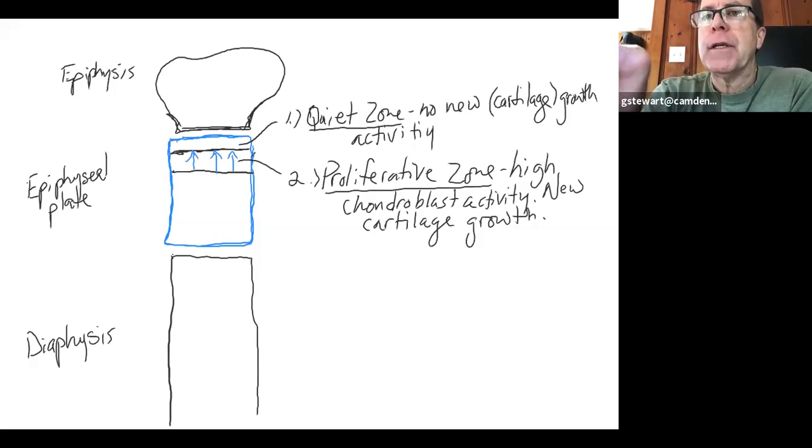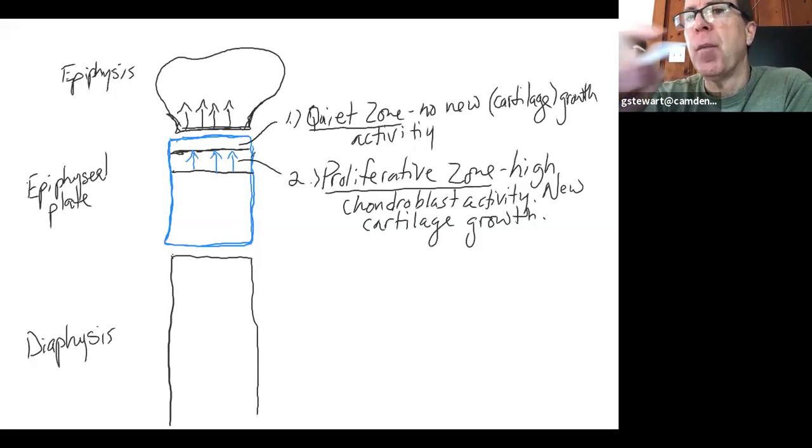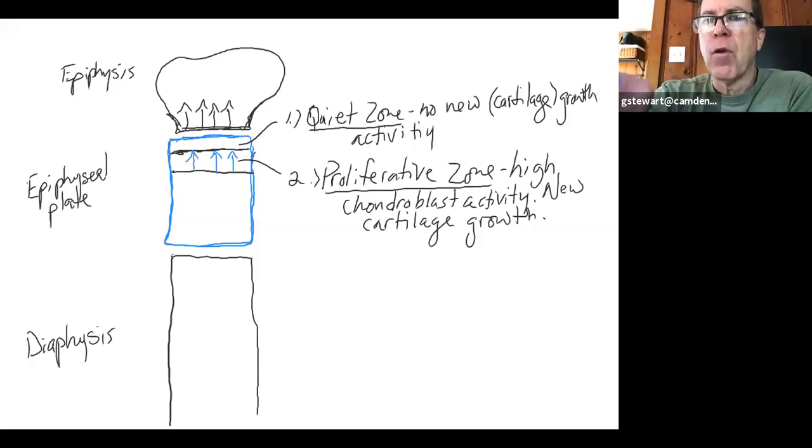And that pushes the epiphysis up and away from the growth plate like this. So the first thing we're describing is the growth plate itself is pushing up on the epiphysis of the bone. And rather than the growth plate just getting bigger and bigger and longer, the growth plate down here is going to dissolve, and literally bone is going to end up eating away at the old part of the growth plate. And the growth plate itself is just going to keep pushing up this way,